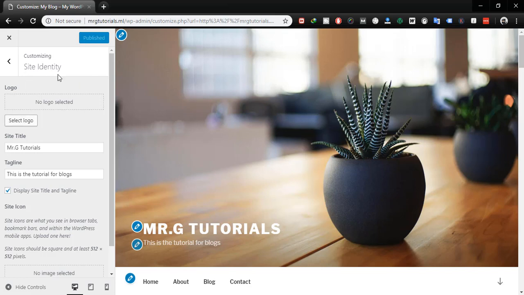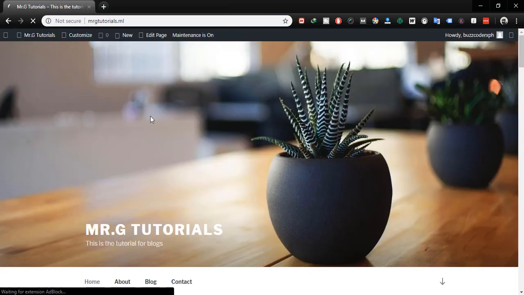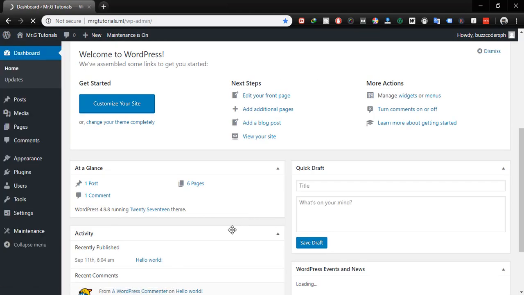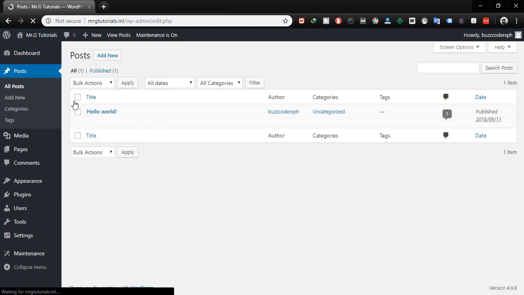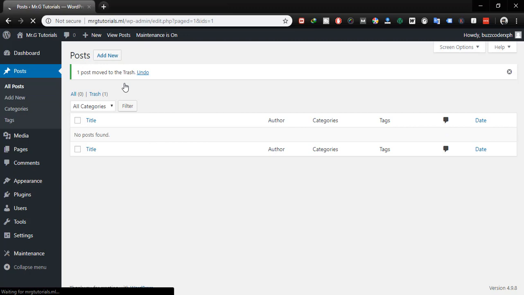Let's X this. Go ahead to the dashboard, and we're going to delete the hello world post and the default pages that are present here in your website, because this is a fresh install. Go ahead to posts, all posts, and select this, then bulk actions, move to trash, and apply. Okay, it's gone. And also with the pages,